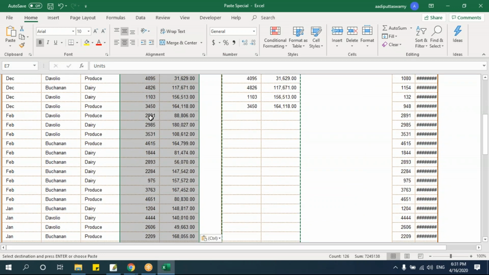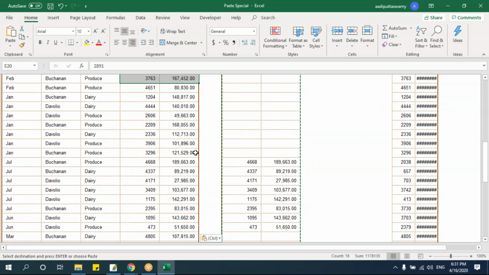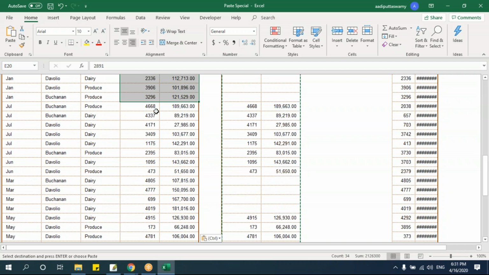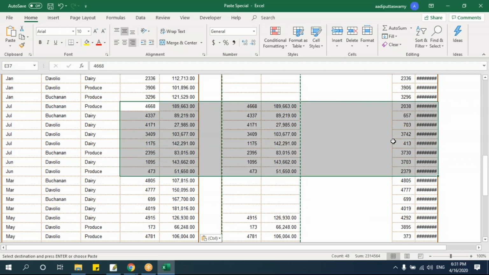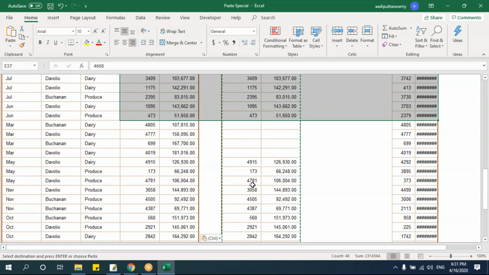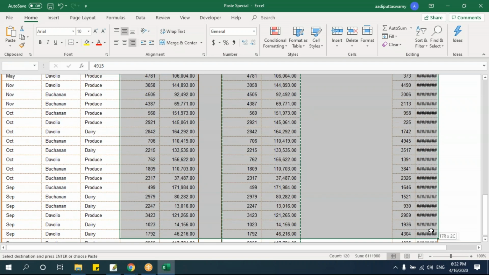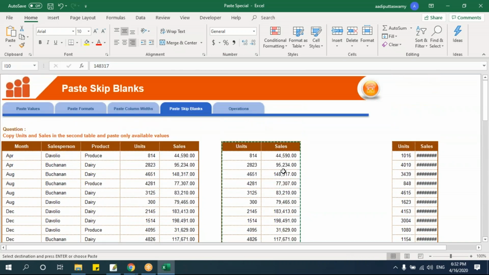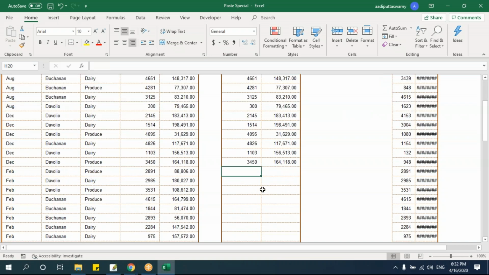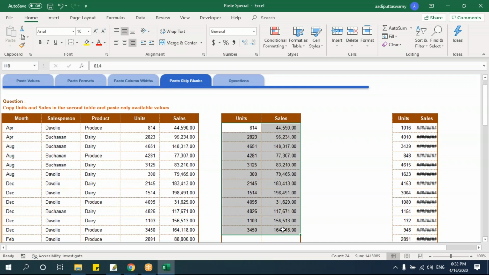Let's go and check this. Can you see this? This part is not replaced and this part is replaced. You can see the old data also. That's why I just took the backup. See, this is the old data. This is the new data which got pasted. See, again here nothing has been changed, and here again things are changed like this. So whenever you have any kind of requirement like this, don't do it manually, one by one. Just copy and paste it in such a way that you ignore these blanks and paste only where the data is available. Okay, fine.